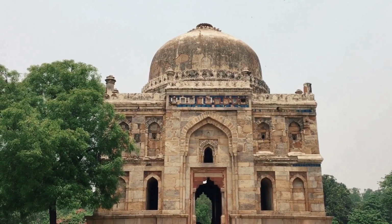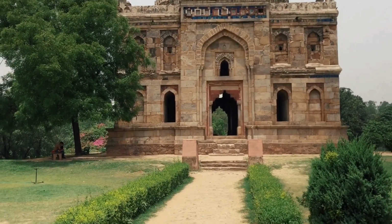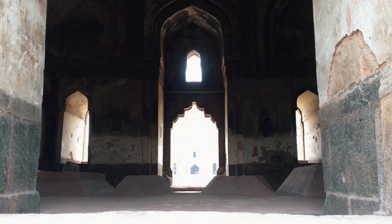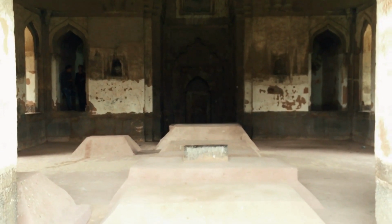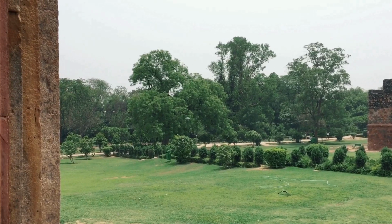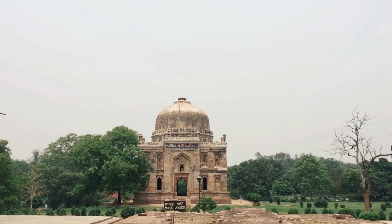The architecture of this tomb is an interesting mix of Islamic and Hindu architectures. The ceilings again show wonderful plaster work done in intricate designs. Buried inside the Sheesh Gumbad is an unknown family that was part of the Lodhi family. According to some, they were important members of Sikandar Lodhi's court. The exact date of construction of this tomb is also unknown, though it is vastly believed to have been built by Ibrahim Lodhi. It is believed that this tomb was constructed between